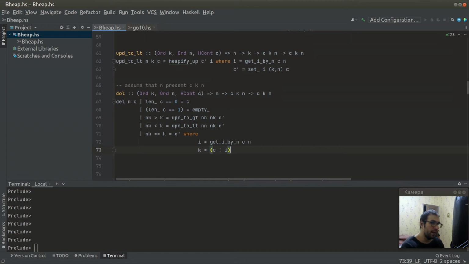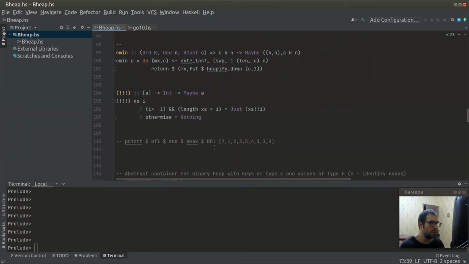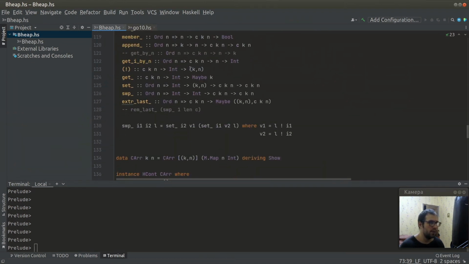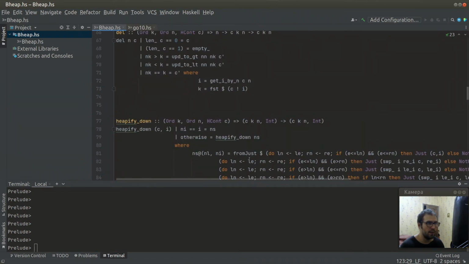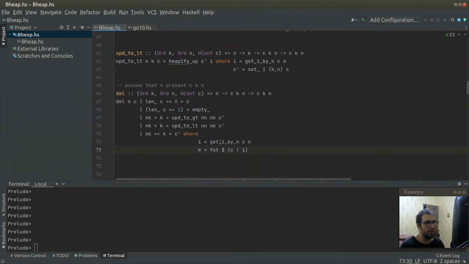Then I can get the first element, I think. So let's look. Yes, we return this pair, and we can extract the key, the first element. And now I define our key, the key which we want to delete. Okay,